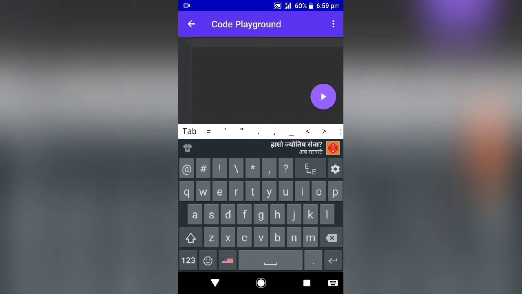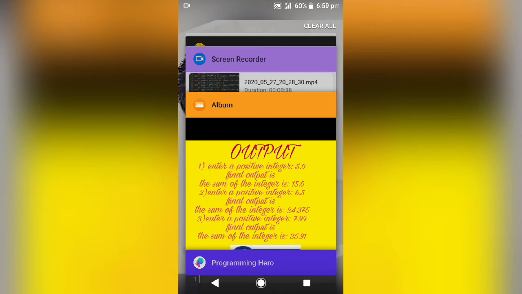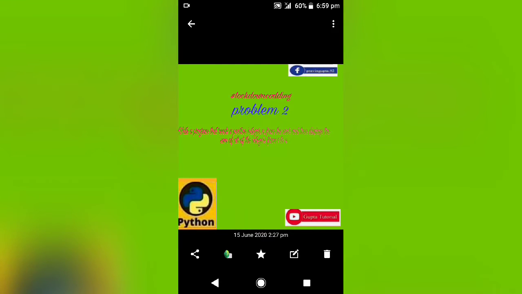Here in Programming Hero I will guide you. Here you can see the format: write a program that reads a positive integer n from the user and then displays the sum of the integers. Here you have display.